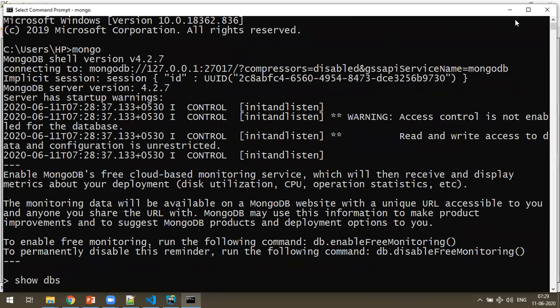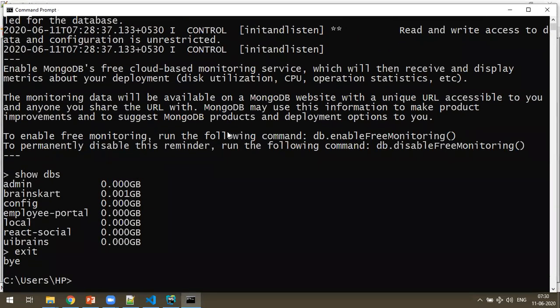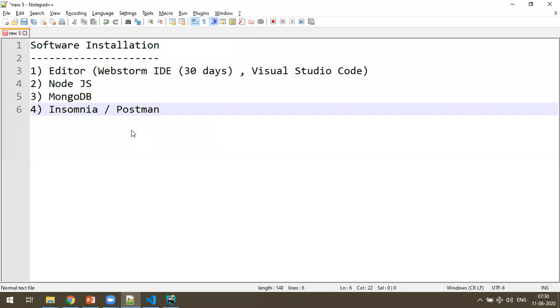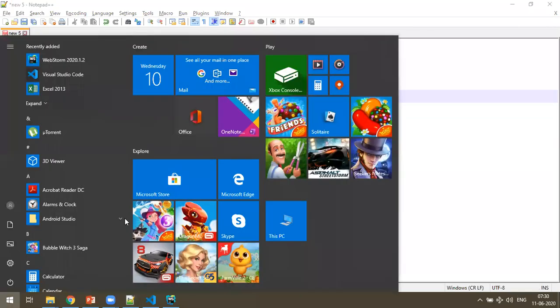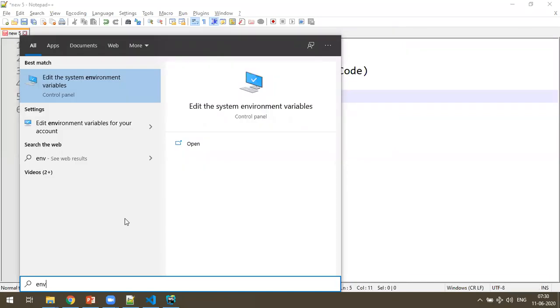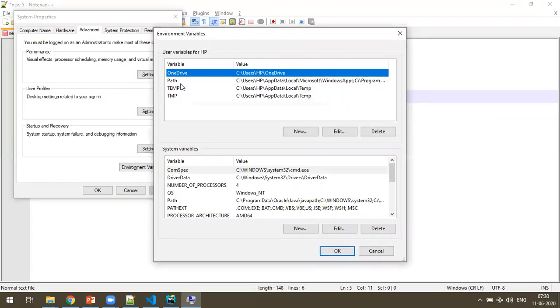You will get the message that mongo is not recognized as an internal or external command. I just wanted to show you that. I have already made a configuration for this, so that's why I'm getting this. I think I just have to remove it.